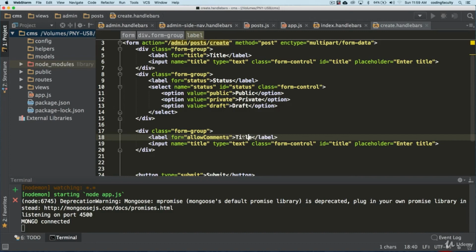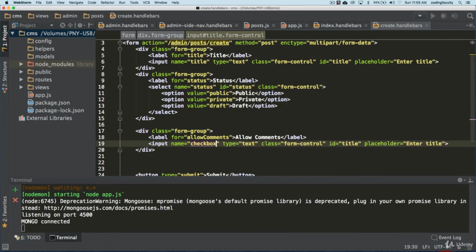We might change the name later on, right? And this is gonna be a checkbox. I'm gonna show you how to do that. It's gonna be pretty cool, guys. Pretty cool. Checkbox.